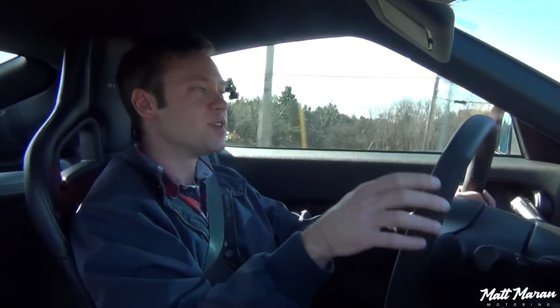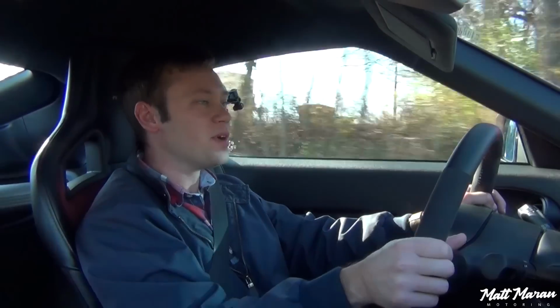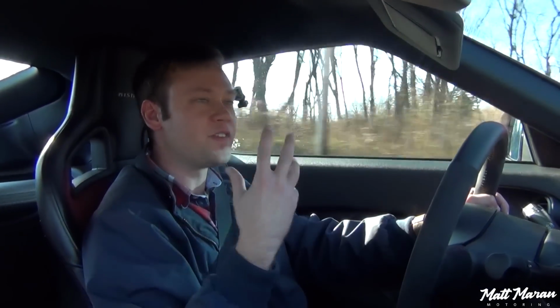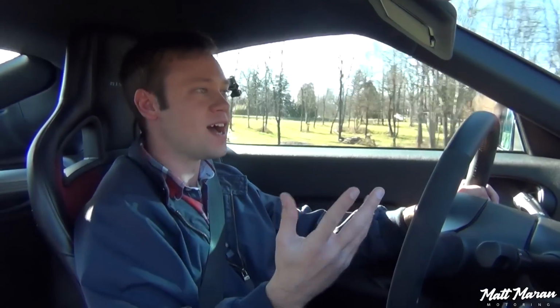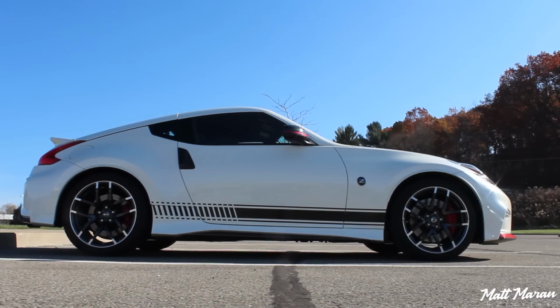Like I said, these cars feel faster than the numbers might suggest. You might look at the spec sheet and say, oh, that doesn't seem very impressive. But whenever you're actually out driving one of these things, they're fairly lightweight. They're only 3,400 pounds. And it's just a shorter wheelbase. It's just very